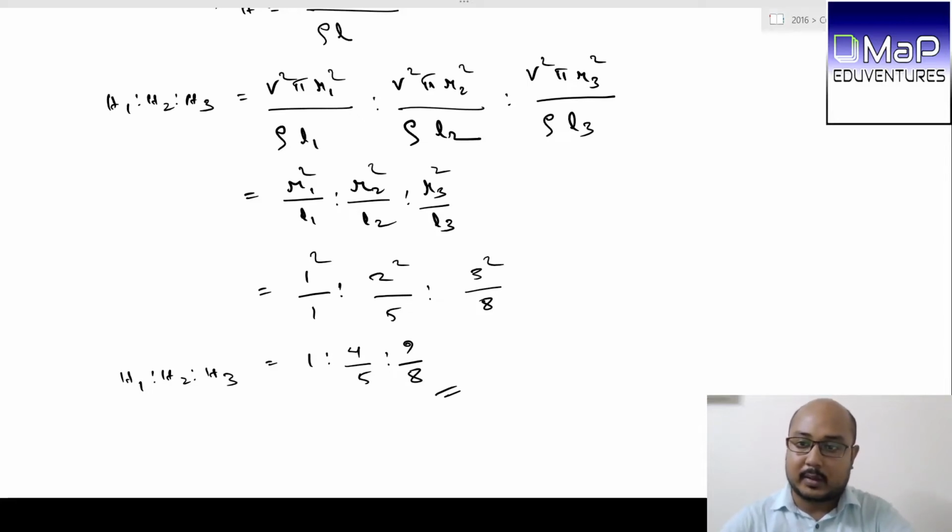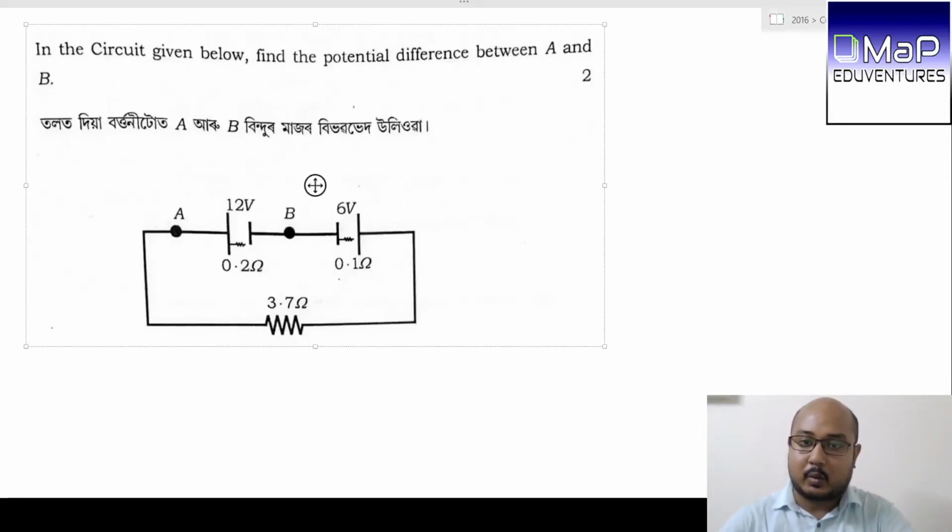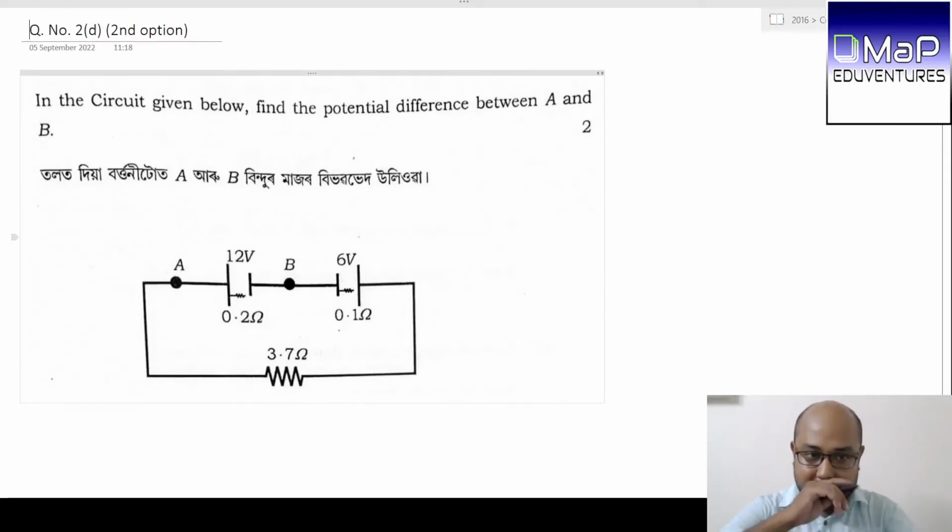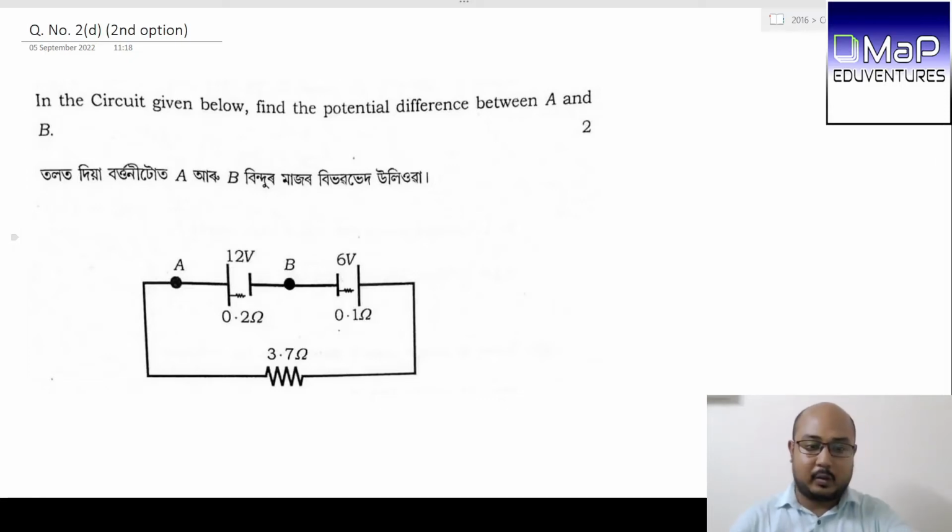Okay, so now we move on to the next question, question number 2, the second option. In the circuit given below, find the potential difference between A and B. So in the circuit there are two points A and B, and between them there is a 12 volt cell. That cell has an internal resistance of 0.2 ohm, then there is a 6 volt cell and it has an internal